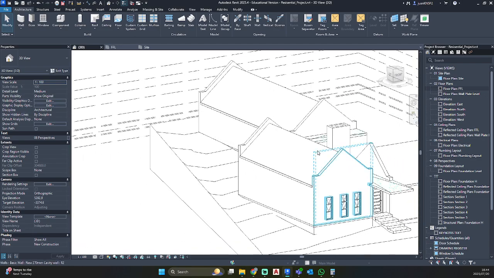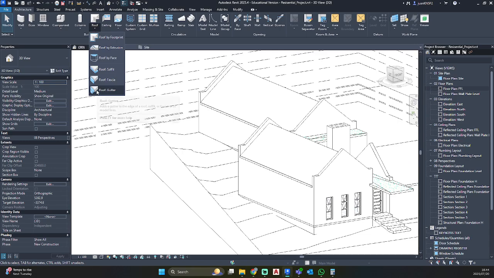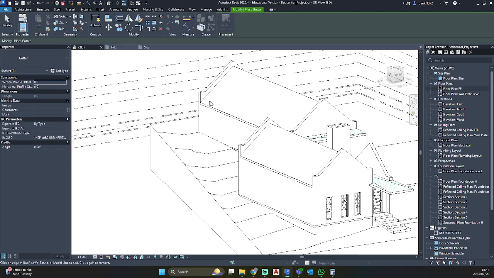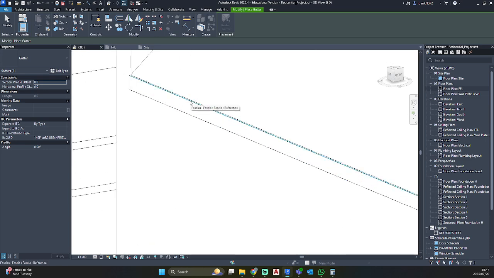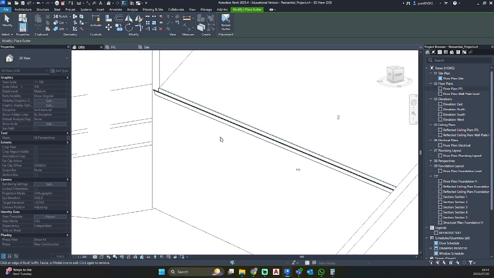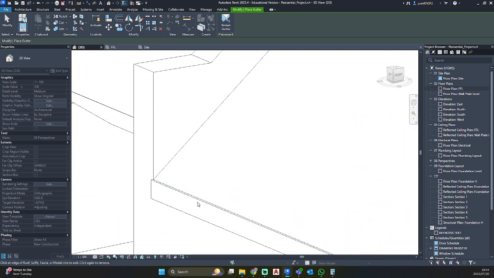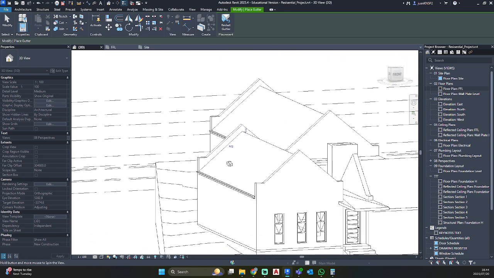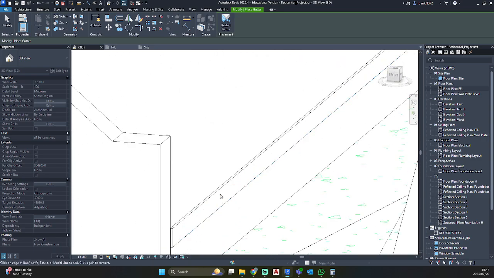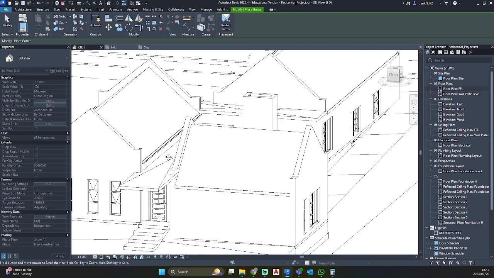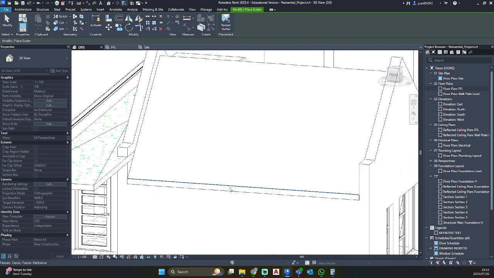Now we are going to go back to our roof tool with the drop down menu, click on gutter and just select the top exterior line of our fascia, and Revit will create a gutter. Let's go ahead and select all of those lines.